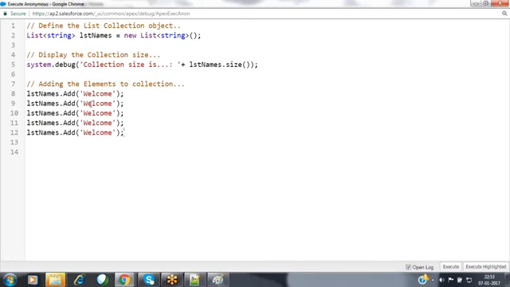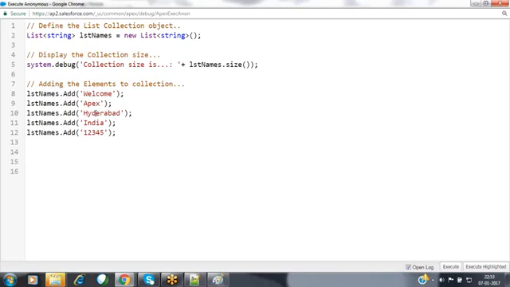Now I'm adding some more elements: Apex, Hyderabad, India, and 1, 2, 3, 4, 5. These are the elements that I have added here.